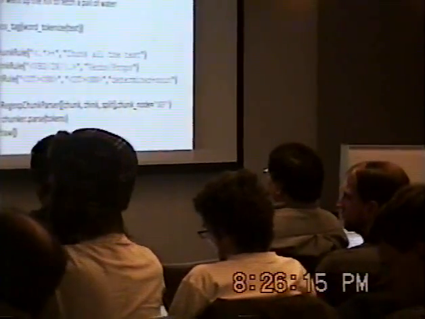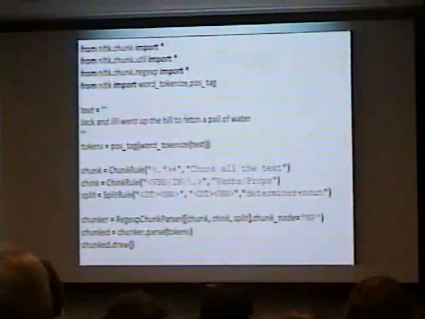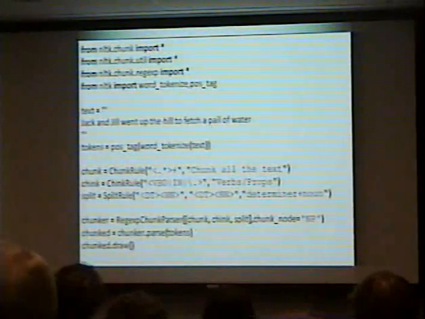So essentially, we have the chunk rule, which is what it's going to use to chunk the sentence into different parts. The chink rule is things that it's going to break out on, and that it's going to remove basically. So if it sees a verb and a preposition right next to each other, it's going to take it out, ignore it kind of. And the split rule, if you have a determiner right next to a noun, that's what it's going to split based on. And we run that through the regex parser, chunker.